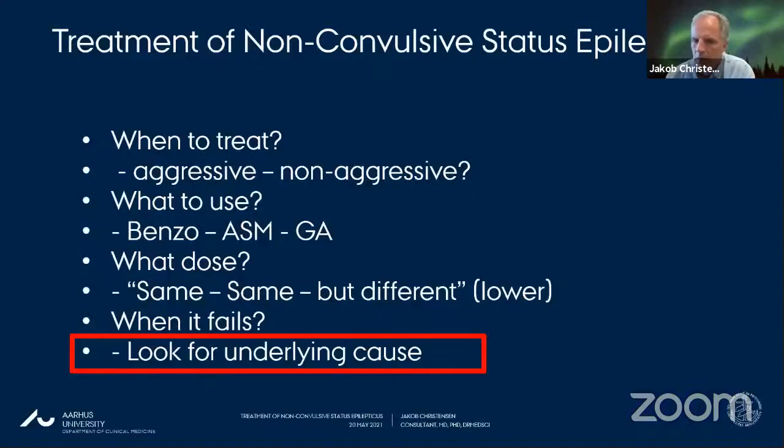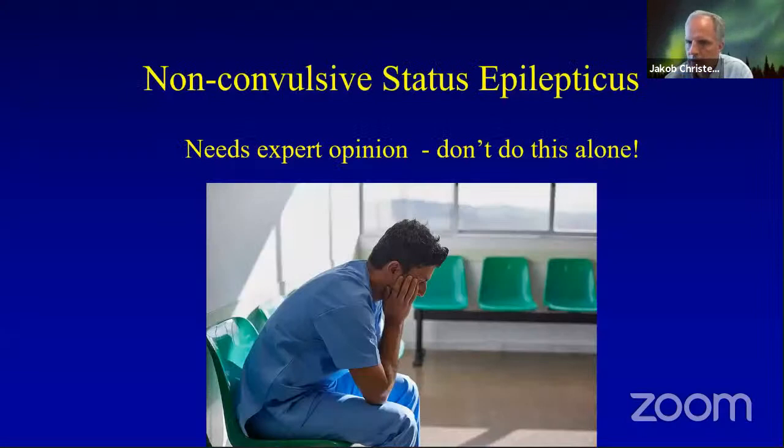Yeah, this very much speaks into this. So this is not something that you do alone. You discuss this with your neurophysiology department, because often the history that you get in the emergency department is insufficient. So you're not able to say, so this person is found at home, maybe. So you don't know whether this is a continuation of a generalized tonic-clonic seizure or some other condition, some underlying CNS infection or whatever. So you need to do the workup at the same time as you decide on treatment,